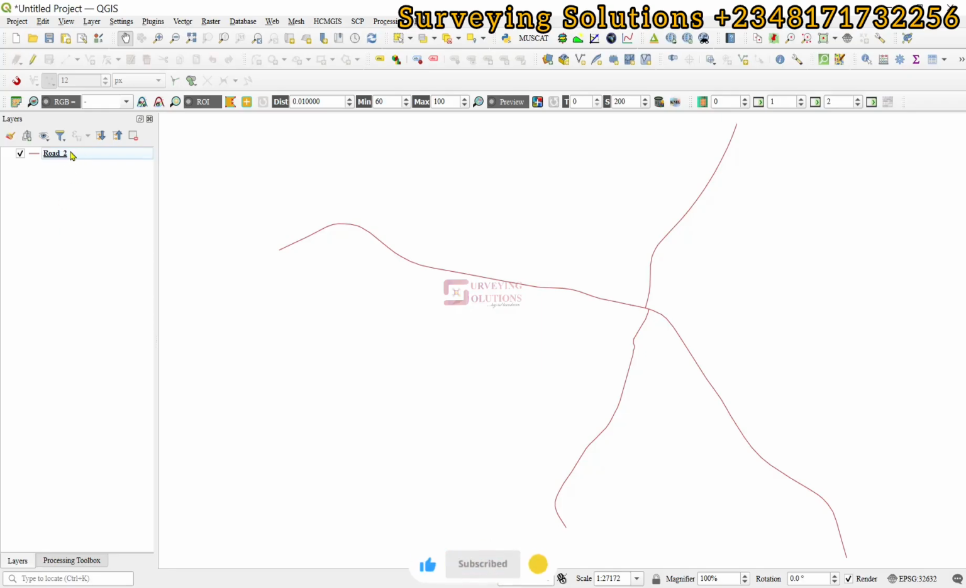So on today's tutorial we are going to look at multi-ring buffer in QGIS. So we have a road data here, or let's say a road layer here, and then we want to perform multiple buffers around this our road, right? Good. And then at the end of the day we are also going to merge the multi-buffer into a single